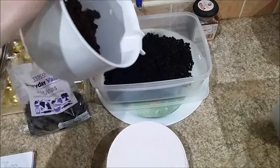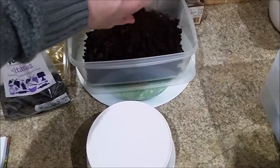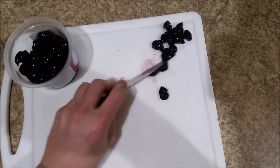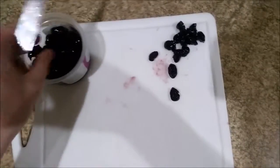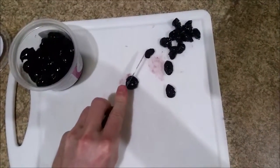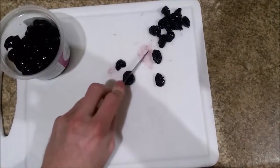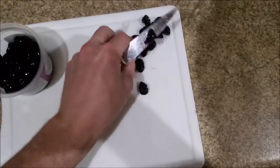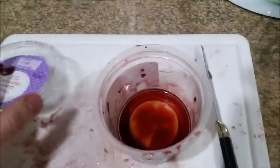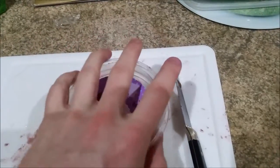Currants, sultanas, raisins, just chopping up some cherries here. It's quite hard to do with one hand. If we pop in some of the alcohol into the cherry syrup and then give it a wee swirl around,